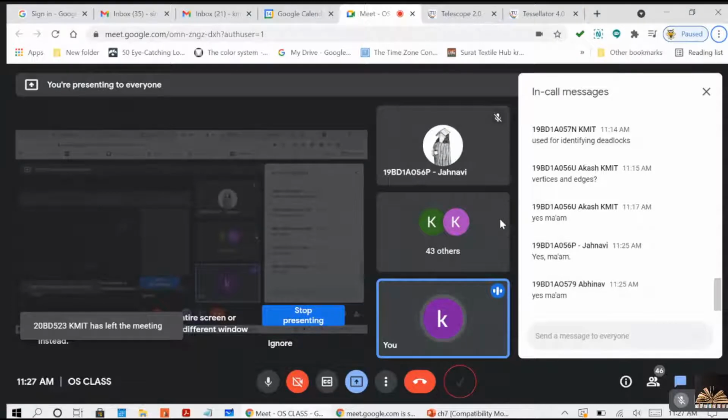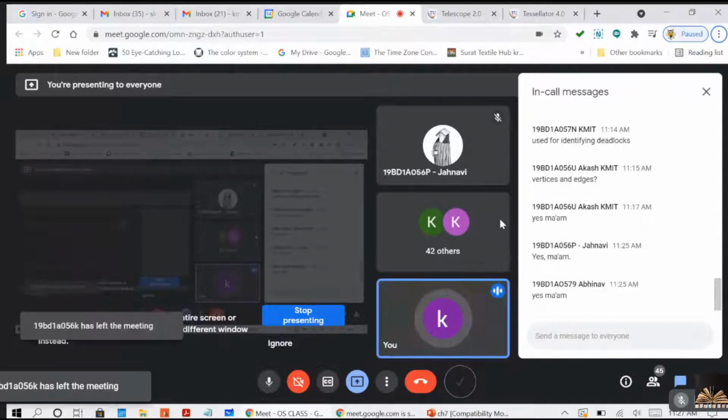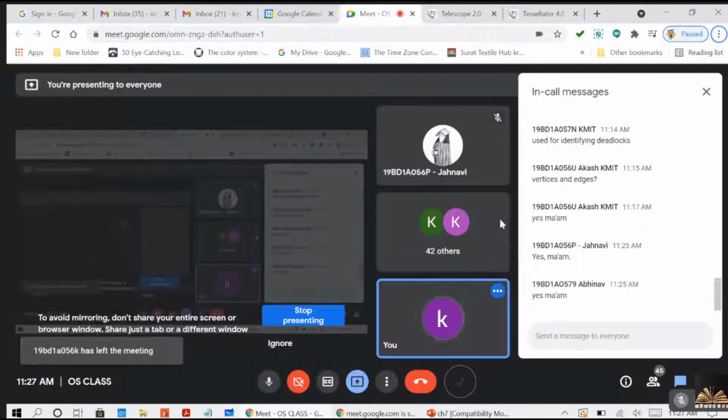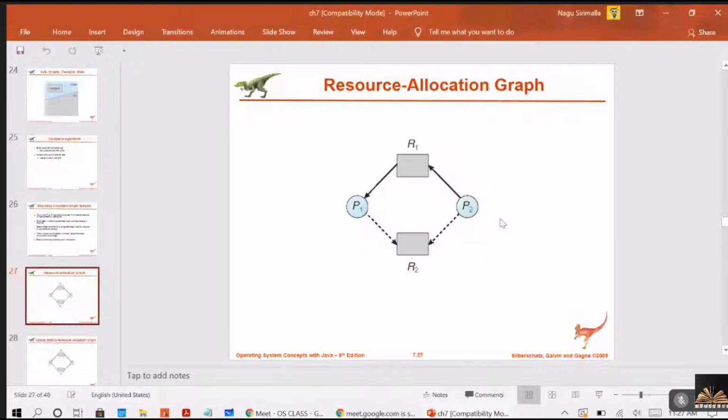Right? Whenever a process requests a resource which was claimed, that becomes the request edge. When that is allowed, by making that request edge into the assignment edge, and the resource allocation graph is not making any loop, then only that is granted. So that is how we are going to do the resource allocation graph. This way, these two are the claim edges.